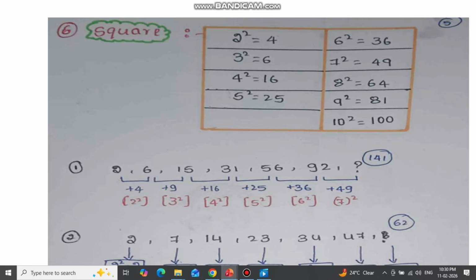Similarly, we'll take the second one. 2, 7, 14, 23, 34, 47. We'll get 62. That 2 squared is 4,